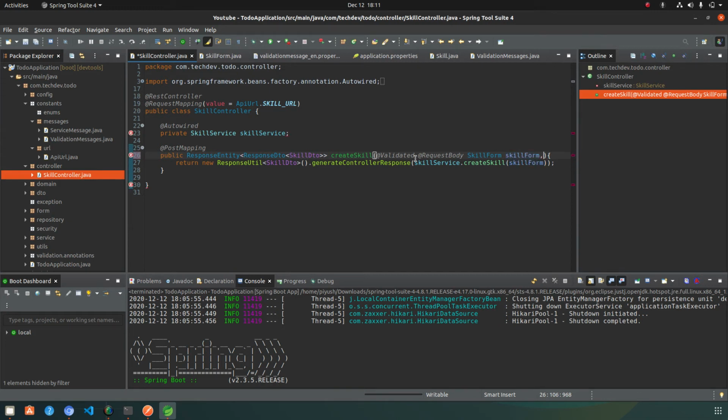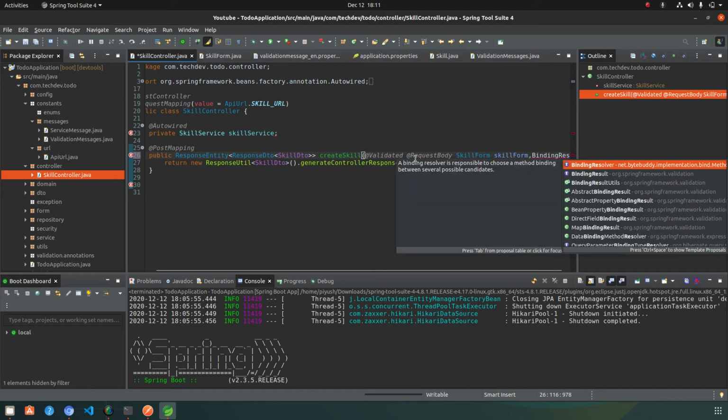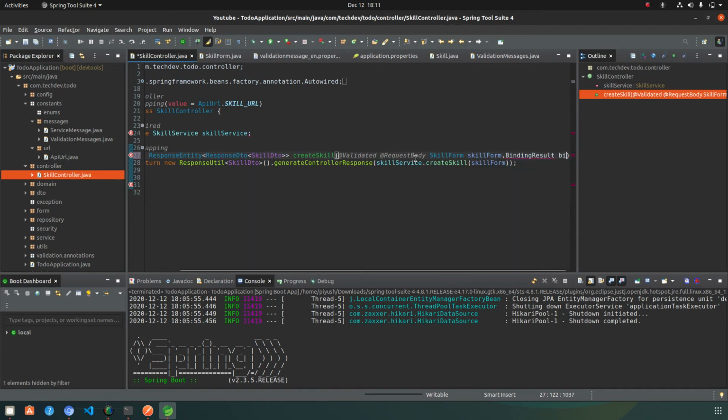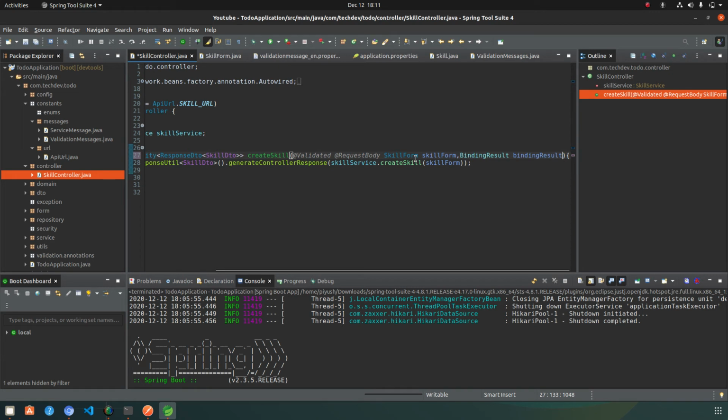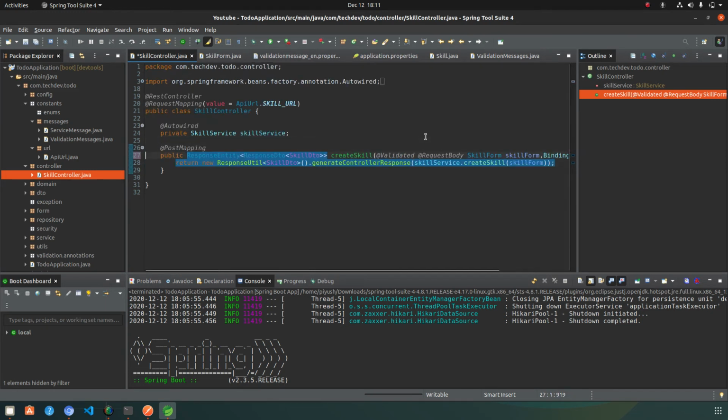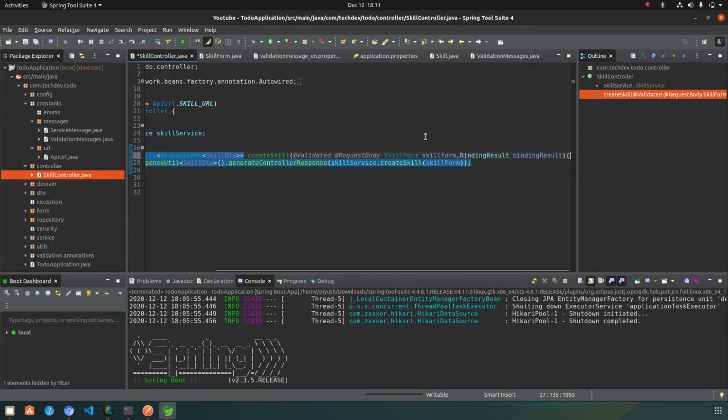You need to create a BindingResult object. And you need to remember, if you are using BindingResult, it should come just after the validated request body. Then only it will work.